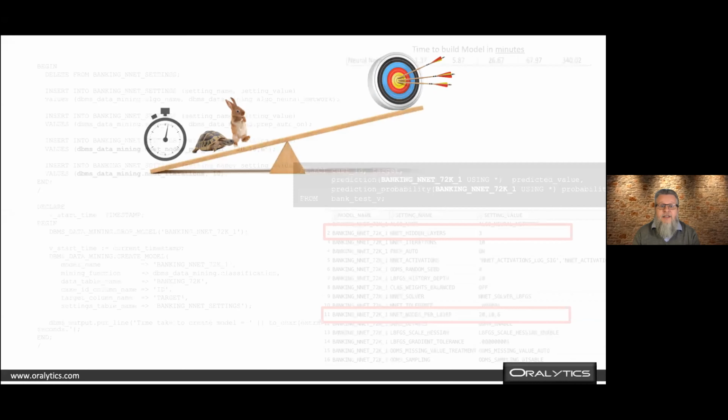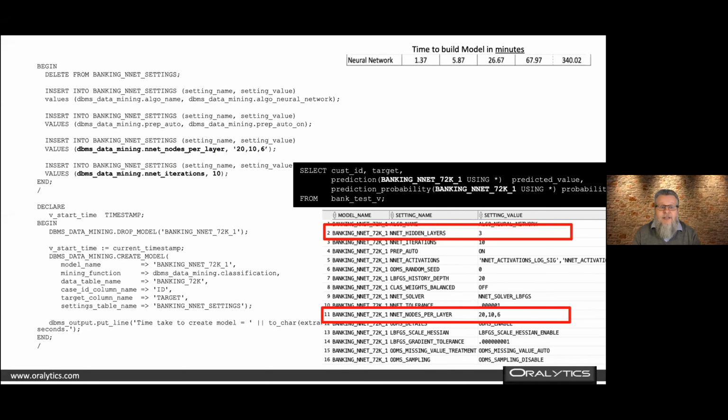Now what we've seen, if I go back, is the timing in relation to all of this. So the time that I have up here, again going for the different data set sizes, those are in minutes and not in seconds. So the previous numbers I gave were in seconds. These are in minutes. So it does take considerably longer. When we're getting up to processing 2 million records, yeah, it's going to take over an hour to do. All right. But what we do get is a much deeper algorithm that has much greater accuracy and better